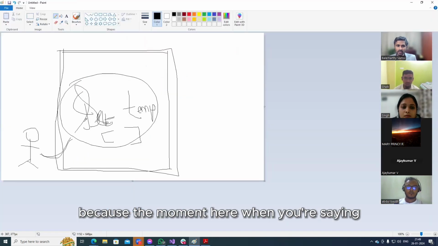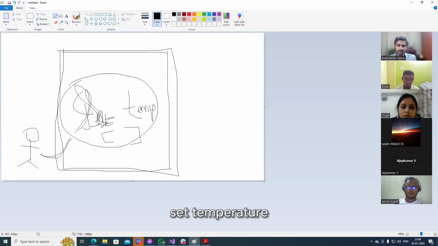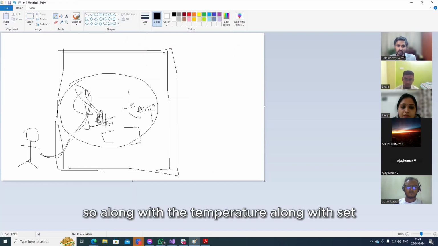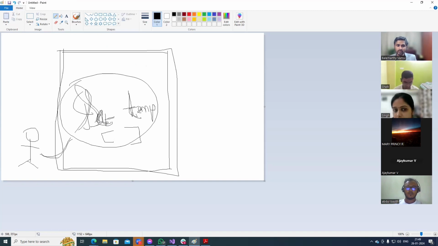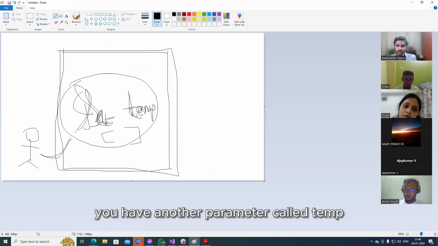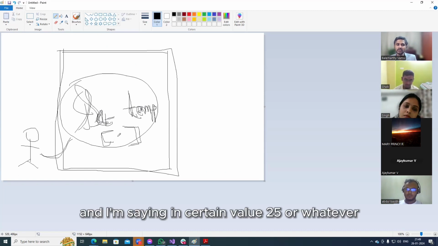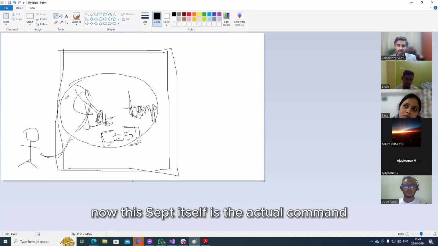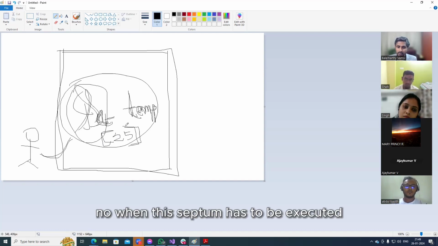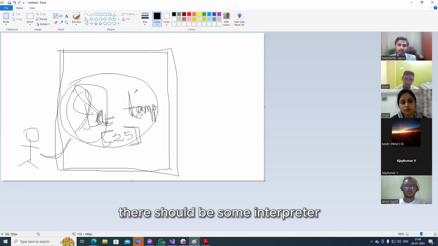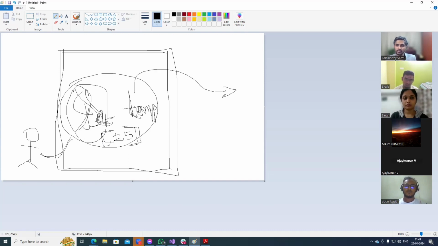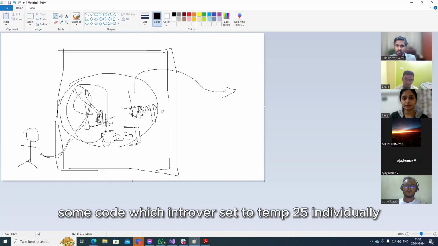Because the moment you are saying set temperature, along with set you have another parameter, a string called temp and an unsigned int with a certain value, 25 or whatever. Now this set itself is the actual command. When this set temp has to be executed, there should be some interpreter, some code which interprets set temp 25 individually.